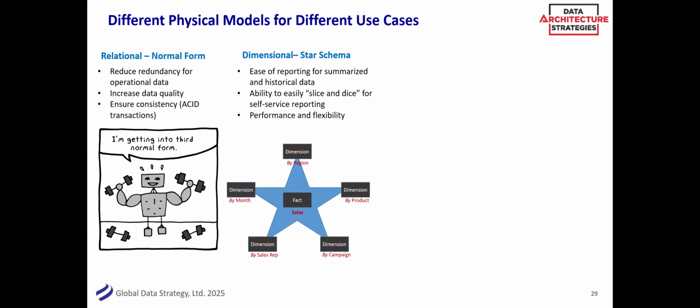That's really what a lot of these relational databases are good for and will continue to be good for. Often you take that relational data, which might be your source system, and ETL or ELT it into a star schema for reporting. That really helps with slicing and dicing.